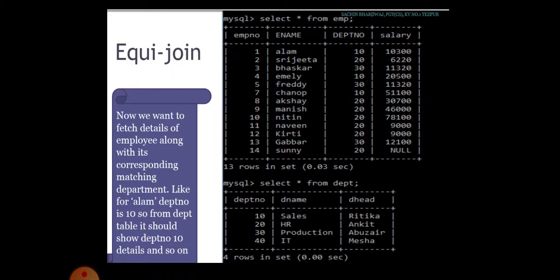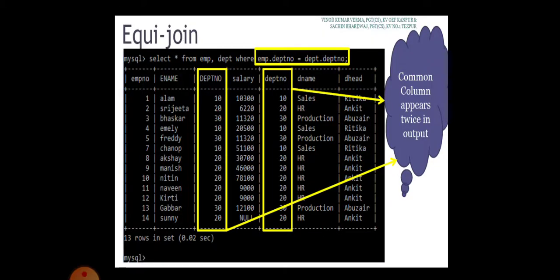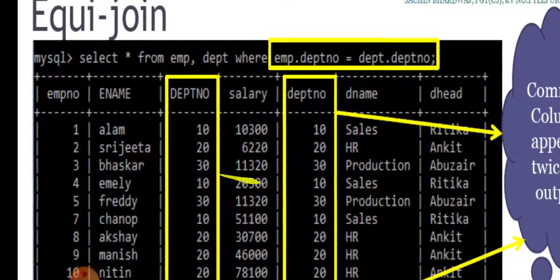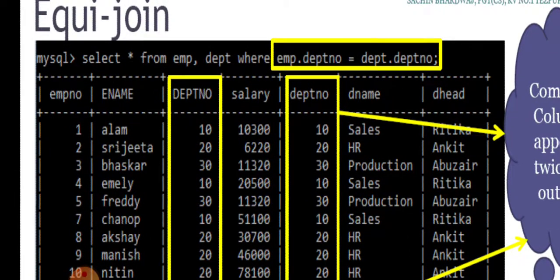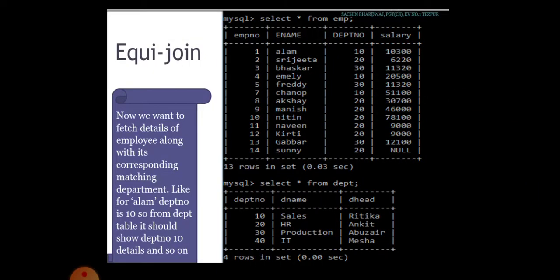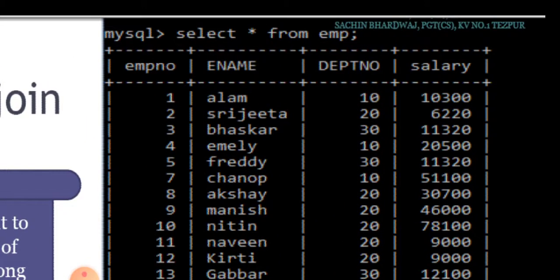So, now we want to fetch all the details of employee along with its corresponding matching department details. So, how to do that? My dear children, look at the query given. Select star from employee, department, where emp.department no equal to dept.department no. My dear children, in the previous example, we are having common column in both of the tables.